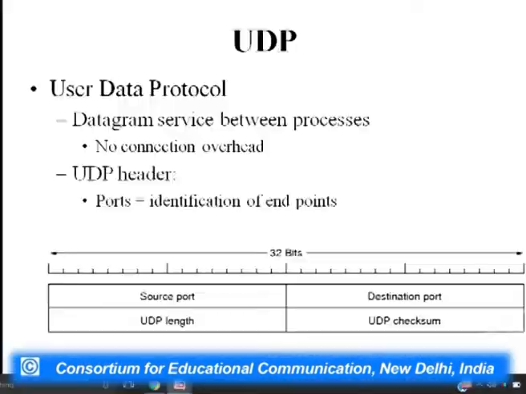So, that means host 1 or a user will keep on delivering its data using the UDP protocol without knowing whether it has reached or not. That means we do not have an acknowledgement, and we do not have information on whether it has reached there or not. So, that is what the connection